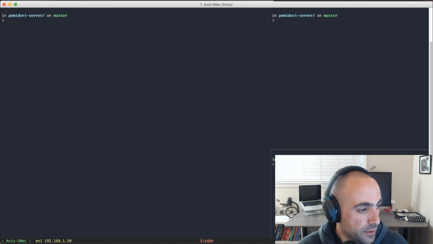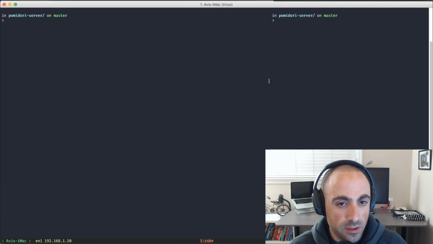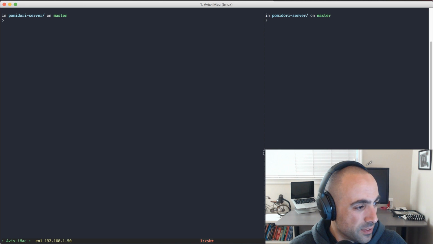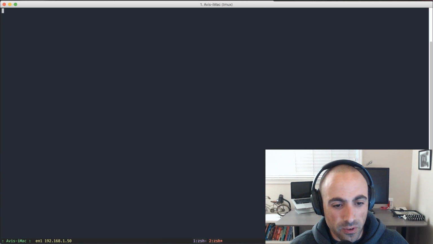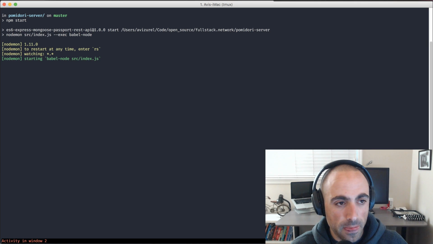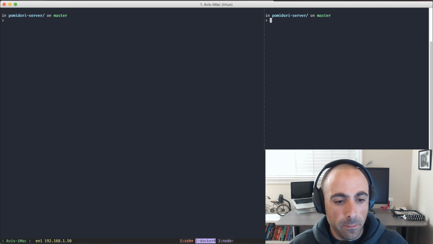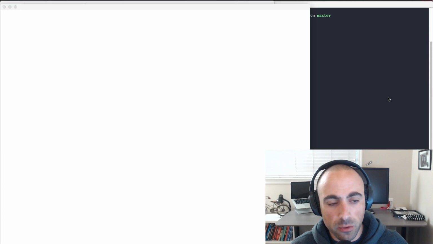Let me increase the size here a bit. Thanks for the tmux config, it's pretty useful. Yeah, it's open source. Now we need Mongo, and then we need npm start. And now if we open up Postman,